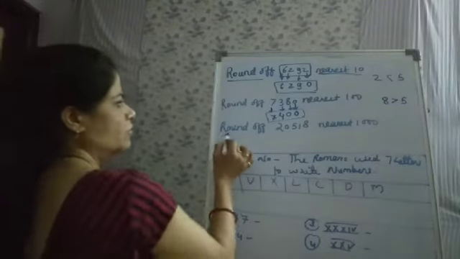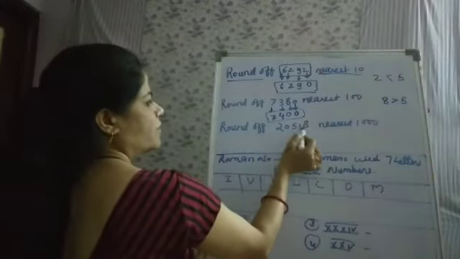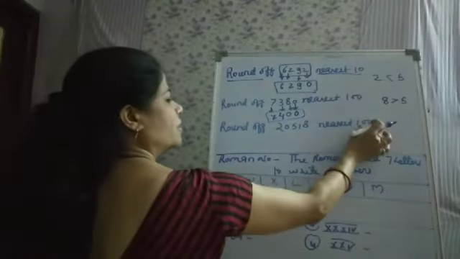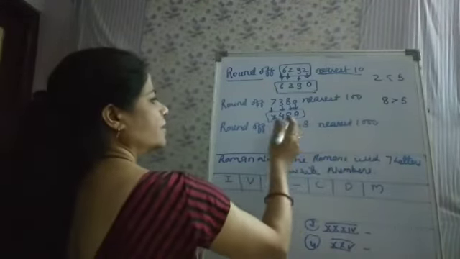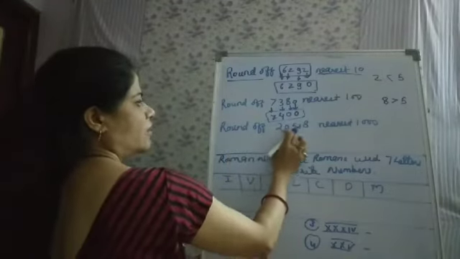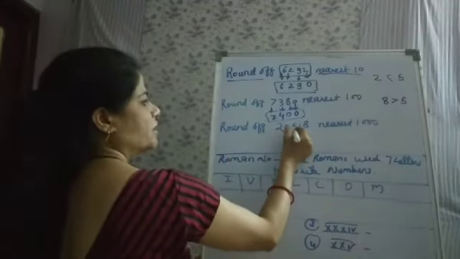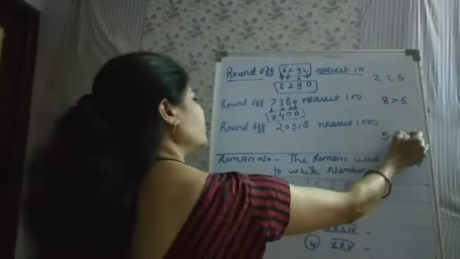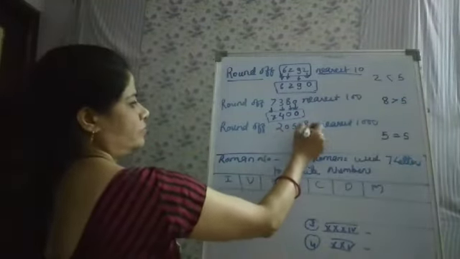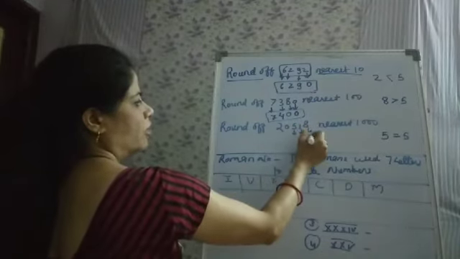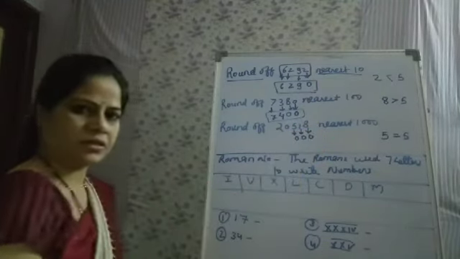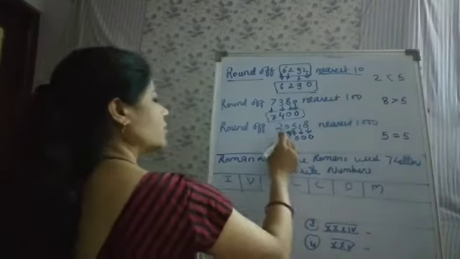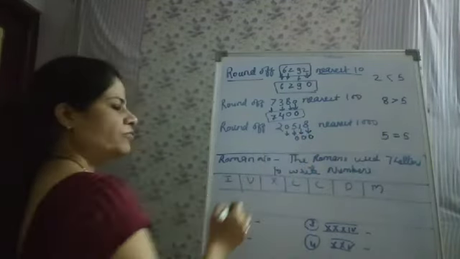Now next you have to round off 20,518 to the nearest 1000. To round off any number to the nearest 1000, you have to see the 100 place digit. In 20,518, the 100 place digit is 5. Here 5 is equal to 5. So put 0 on ones, tens and 100 place. And since here the 100 place digit is equal to 5, so write the next digit of 0.